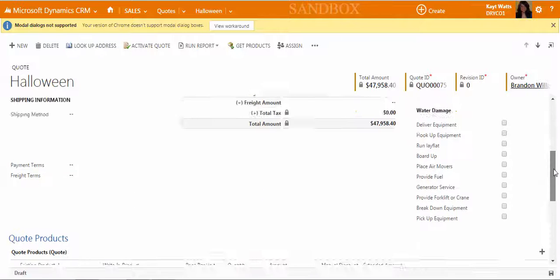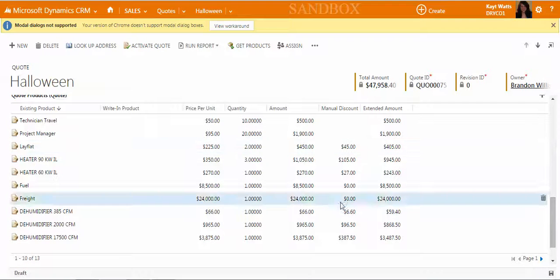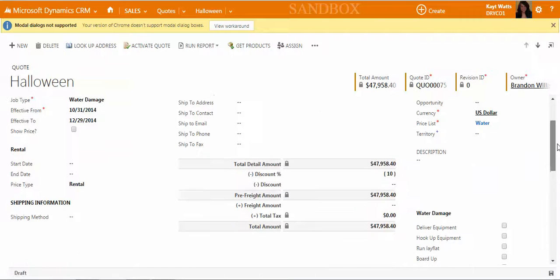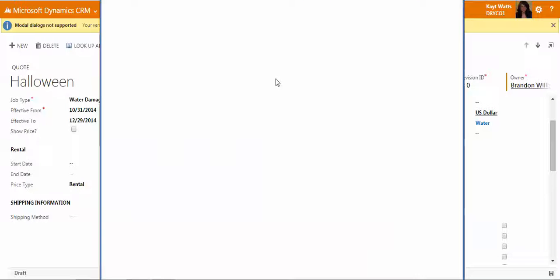So obviously it's not really going to be more than 10 a whole lot of the time, but it's nice to have that back arrow just in case something were to come up. Over here, I believe the total should be 47,958.40. We applied a 10% discount, and when we go to run the report,